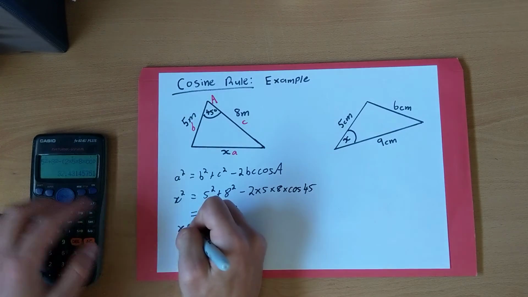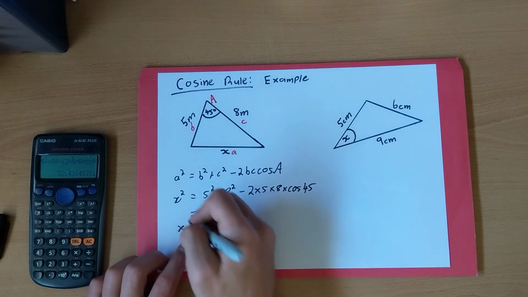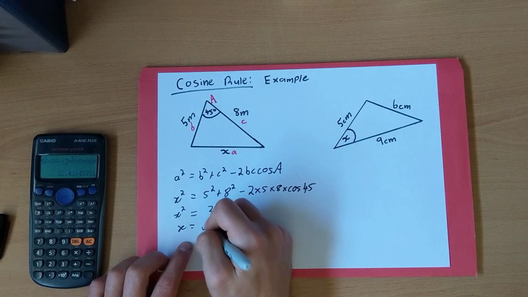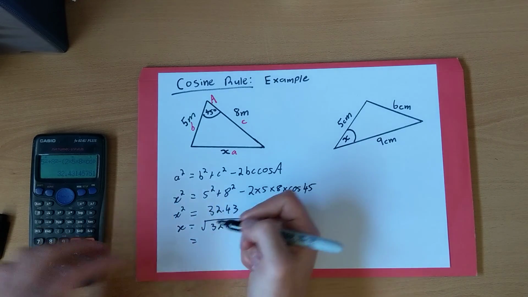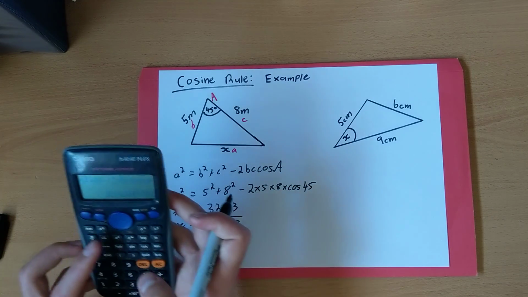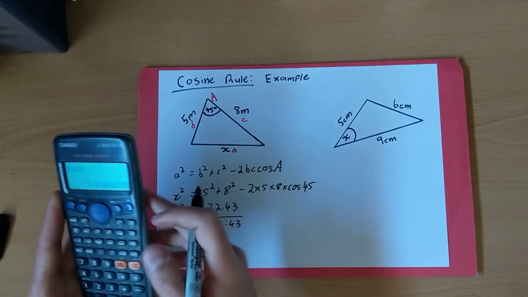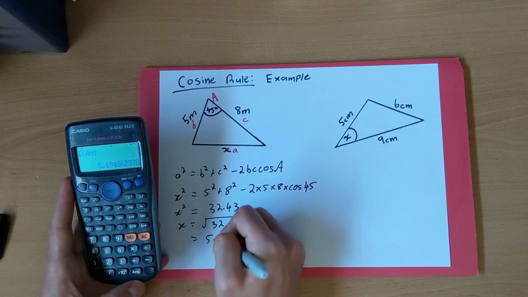That means that if x squared equals that, then x equals the square root of 32.43, which again we'll use our calculator, and it gives us 5.69